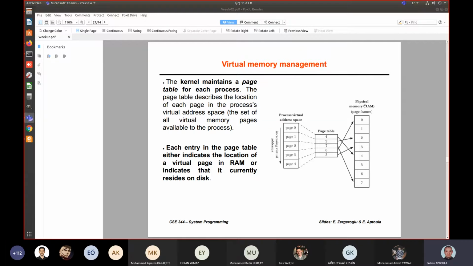So here, let's say that the memory has been divided into frames. And each frame is, I don't know, 1 kilobyte, 4 kilobytes, 8 kilobytes, whatever you want it to be. Now, the process, on the other hand, has access to this virtual address space. And this virtual address space is also made up of pages. And each page can be 4 kilobytes, 8 kilobytes, whatever we want it to be. So the trick is that even though the process sees a continuous flow of addresses starting from 0 all the way to the 8th gigabyte